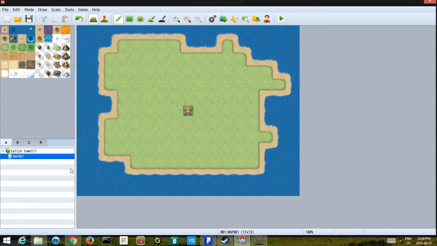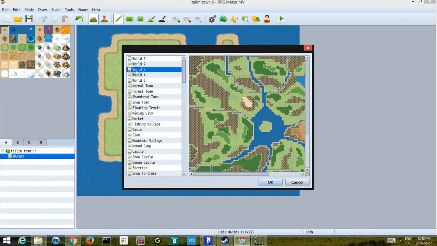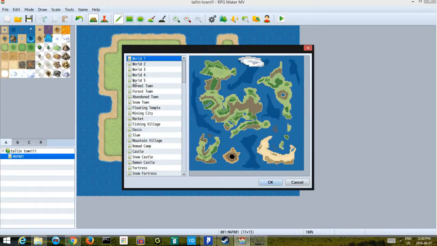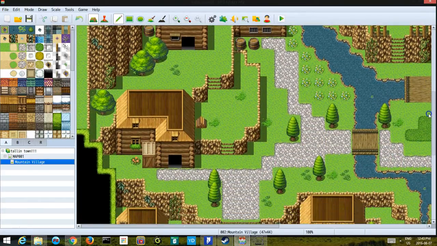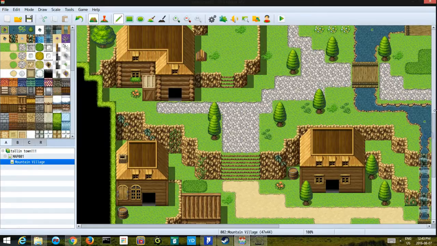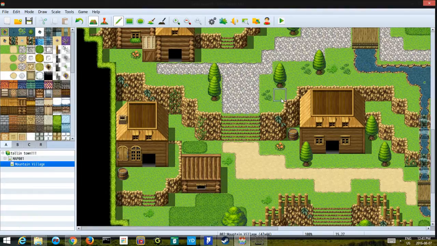But I'm going to use something called a sample map. So let's right click here and make it load. And then, wow, look at all these amazing sample maps. And I like the mountain village, so let's push OK on that. And as you can see, it's this beautiful map. For people who are just starting RPG Maker MV, or any RPG Maker for that matter, it's really useful to use this,